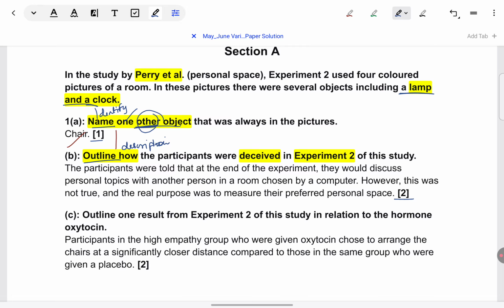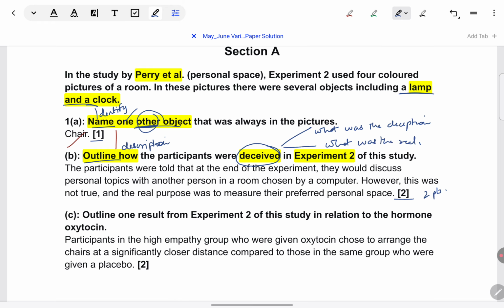Now, how can you justify 2 marks is by giving 2 points. When they ask you about deception in any question, like right now it's Perry et al., but no matter for which study they're asking, the 2 points always have to be what was the deception that was done. So, first you just outline, like specify how participants were deceived exactly. For example, did they have to do some task which they were not told about, or were they given some instruction which was misleading? Just specifying the context of the study. For the next point, this is what most students miss, and that's why they get only 1 mark on these type of answers. For the next point, specify what was the real purpose.